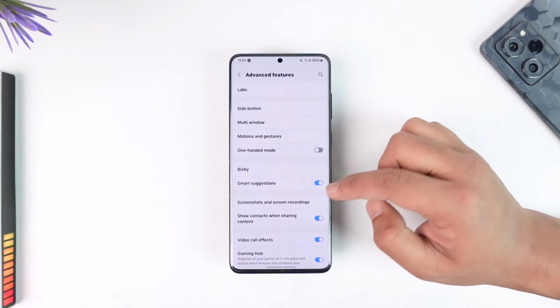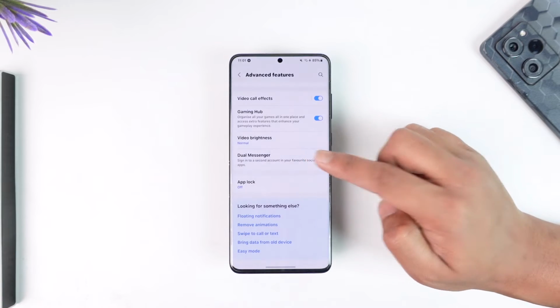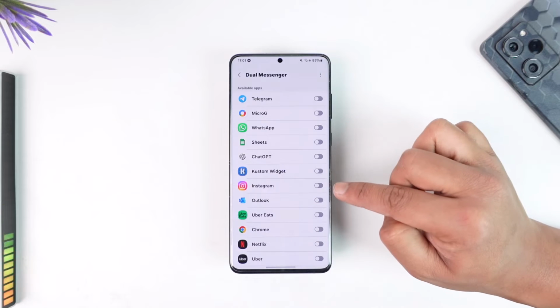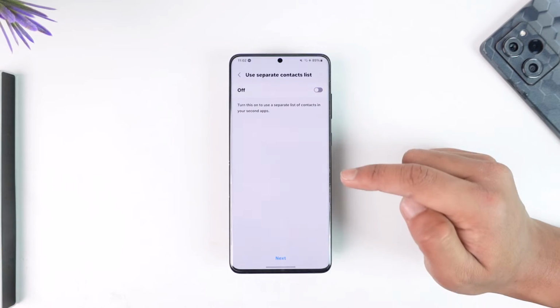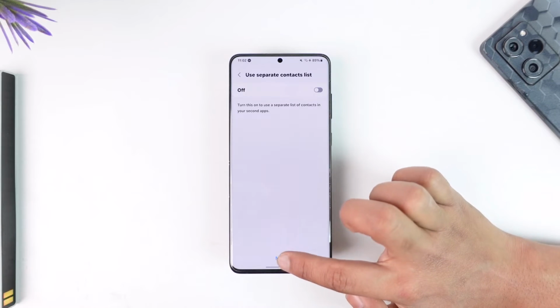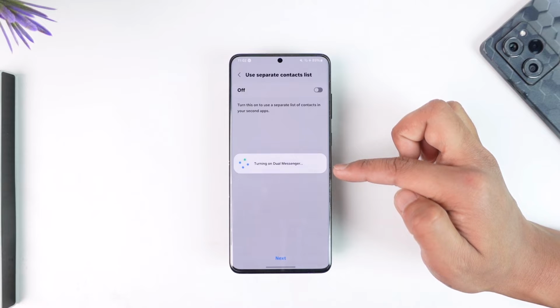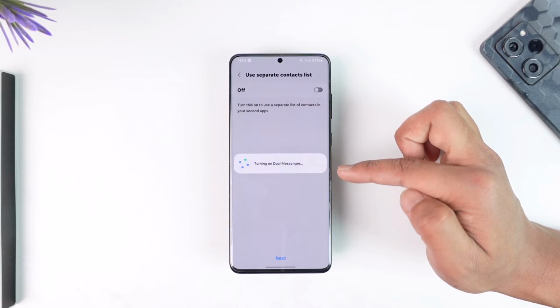So we can go to advanced features over here, and then you can simply select dual messenger option here, right? So tap on dual messenger and you can simply create a copy of another app. So let's say I want another Instagram app. I'll turn on Instagram, I'll tap on install, tap on confirm. Then I can also choose to use a separate contact list, tap on the OK option, and then you can simply turn on dual messenger for the Instagram app, and it will install two separate Instagram applications, and you can